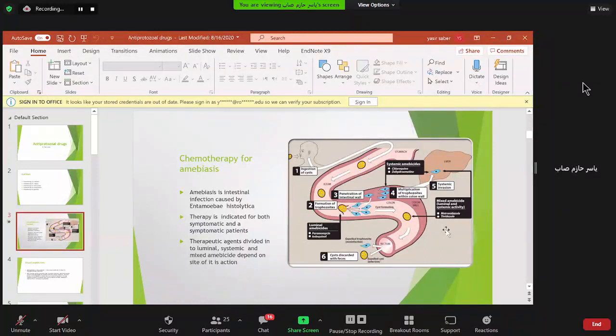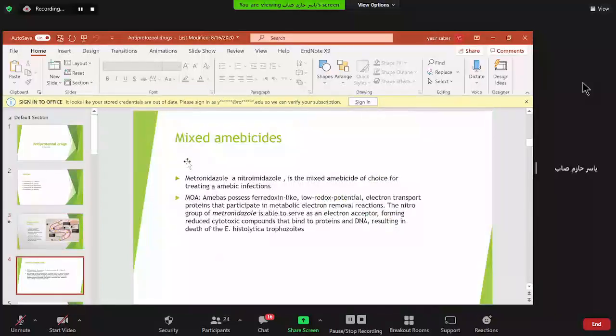هاي خلينا نقول the summary of the whole thing. الانفكشن عادة يكون من Entamoeba histolytica. Therapy is indicated for both symptomatic and asymptomatic patients because the asymptomatic patient can cause spreading of the infection. Therapeutic agents، مثل ما قلنا، divided into luminal and systemic or mixed amoebicides depending on the site of action. بالنسبة للـ mixed amoebicide مثل ما قلنا ميترونيدازول اللي هو عبارة عن nitroimidazole is the mixed amoebicide of choice for treatment